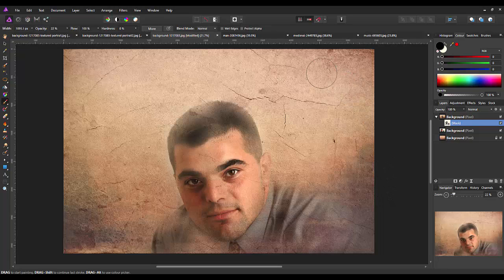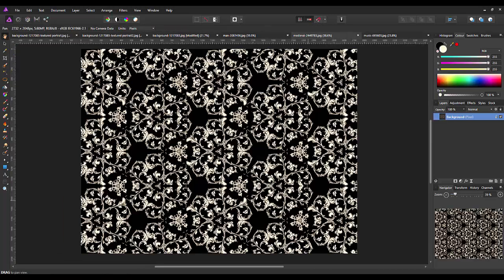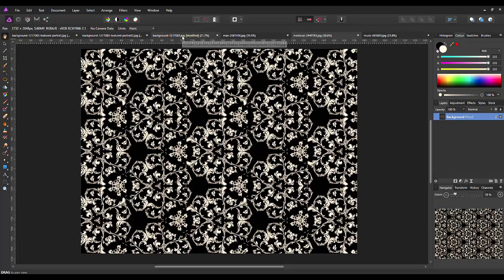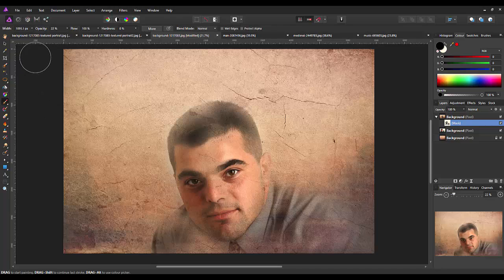Right, so moving on, we now want to come to our first texture, and I'm going to use this one, which is a sort of medieval floral design. But the main reason why I picked this one is because it was like a white design on a black background. So we can start to look at our first sort of blending modes. So again, I will just right click on that background, click copy, come back to the image, and come to edit